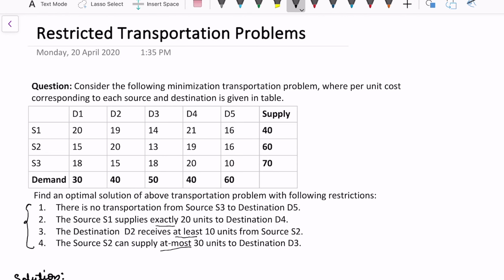But before we start the solution of this problem, one should be very clear with the northwest, least cost method, Vogel's approximation method to find the initial BFS. And we should also be very clear about the UV method, which involves the loop and also involves the Zij minus Cij calculation to check the optimal solution. So in case these methods are not clear, you can check the previous videos. I have added the link to the previous video in the description box.